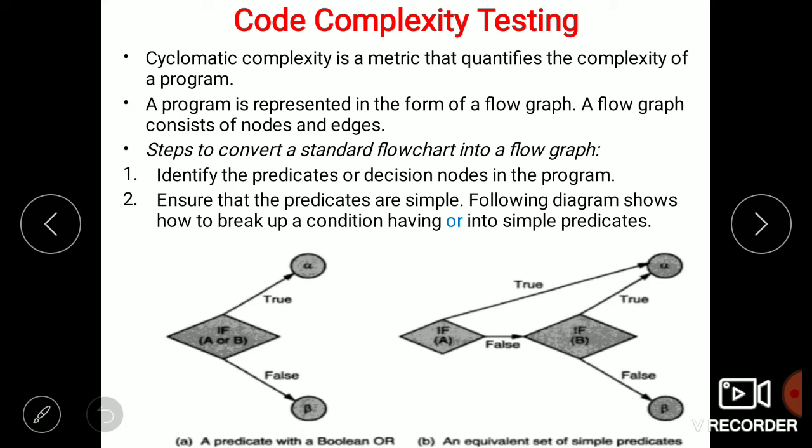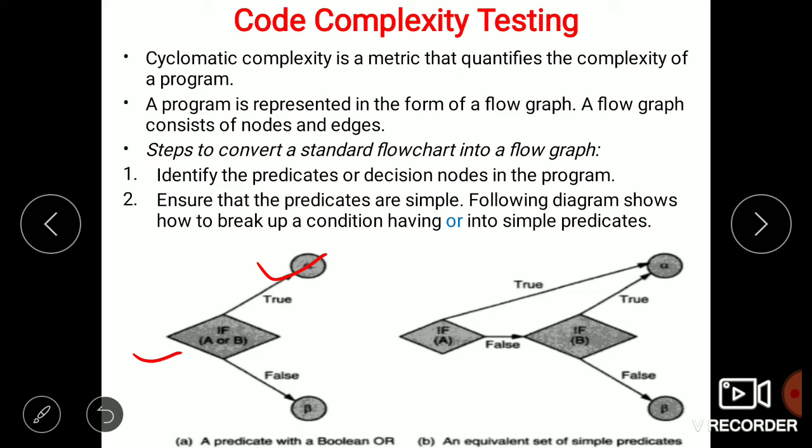See here, the following diagram shows how to break up a condition having or into simple predicates. Similarly, if there are loop constructs, break the loop termination checks into simple predicates. Look at this diagram. Here, the condition is if A or B. Here we are going to check whether A or B is true.